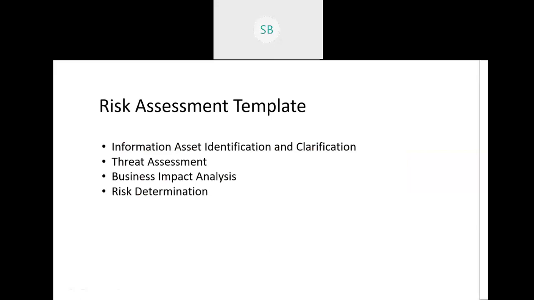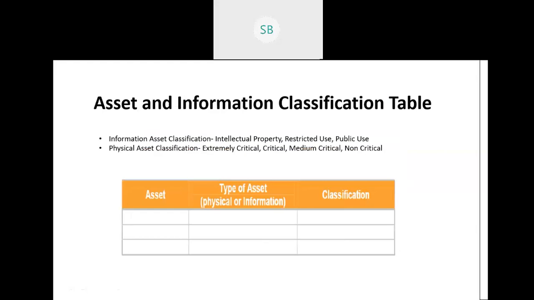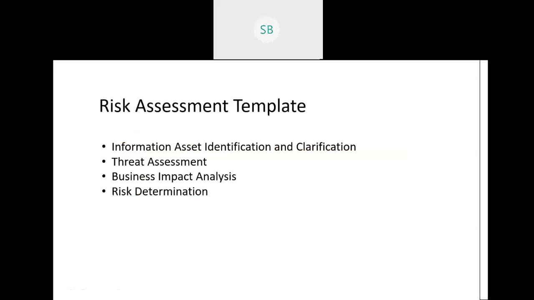So next is the risk assessment template. So we have these four things. Okay, the tables you have seen in the evaluation part, we have these four ways. So first is the information asset identification and classification. All the information we studied in the information and classification table is set by the owners here. Okay, here you will find all the owners have given it, the first table we have seen, right? This is the asset and information classification table. It will be entered by the owner.